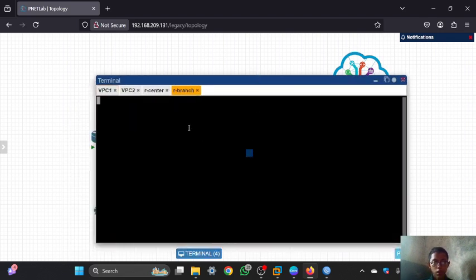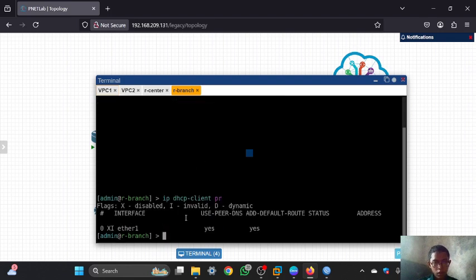And next I will set the static IP. First, the static IP in the router branch. First, you can turn off the router branch DHCP client, disable number 0. You can see it in here. The DHCP client now is disabled.